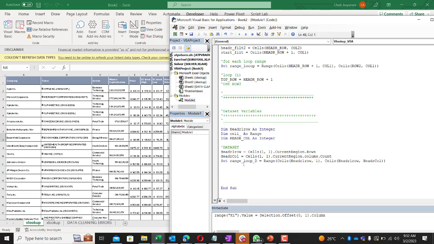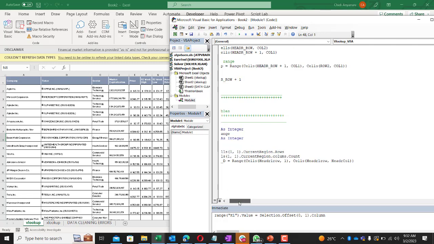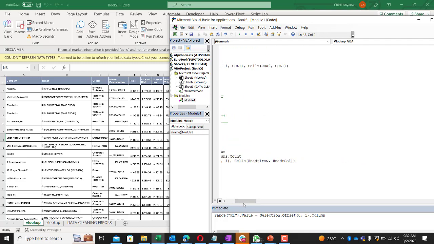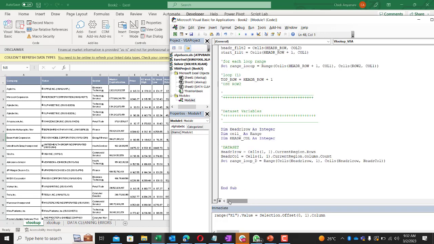So set range loop to range cells header 1 row and one. So it's header 1 row and header column. Now for each cell in range loop D, so for each cell in range loop D, now I want to get the column number of